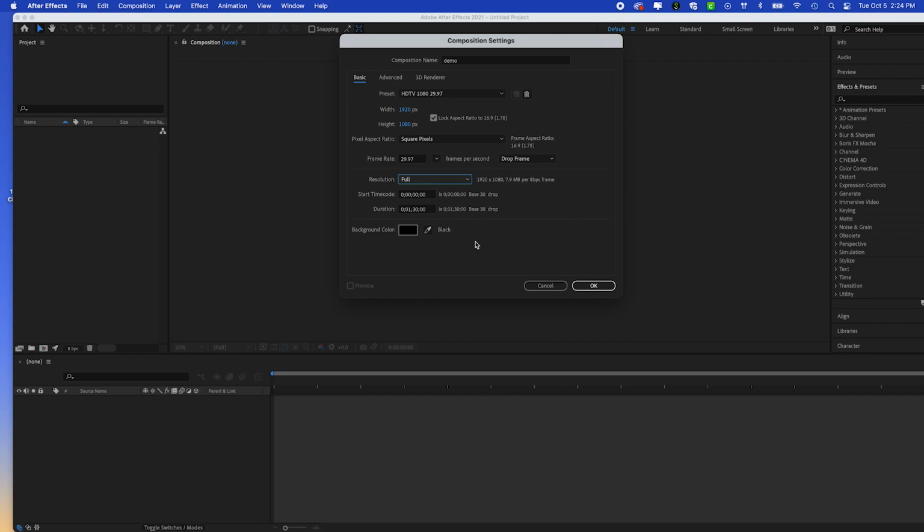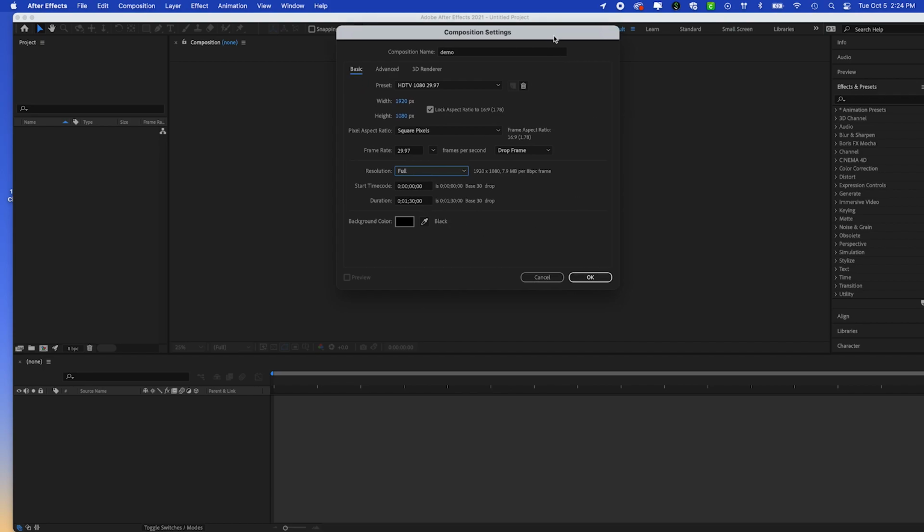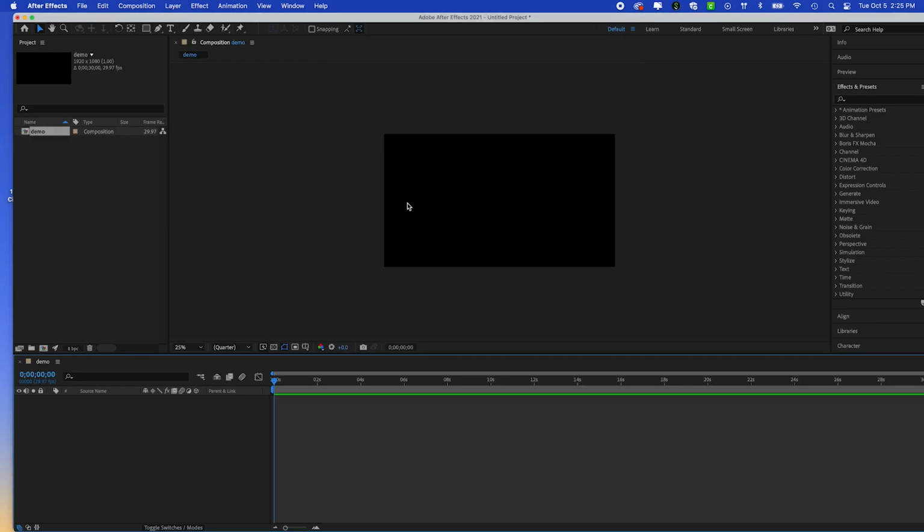And another thing to remember that is pretty specific to After Effects and is different from Premiere is that you need to set the duration of your project timeline. So in Premiere, if you remember, you can just drop a clip. Let's say you have a 2-minute clip. You can just drop that clip into your timeline, and if you exported that clip, it would be exported as 2 minutes. In After Effects, by default,